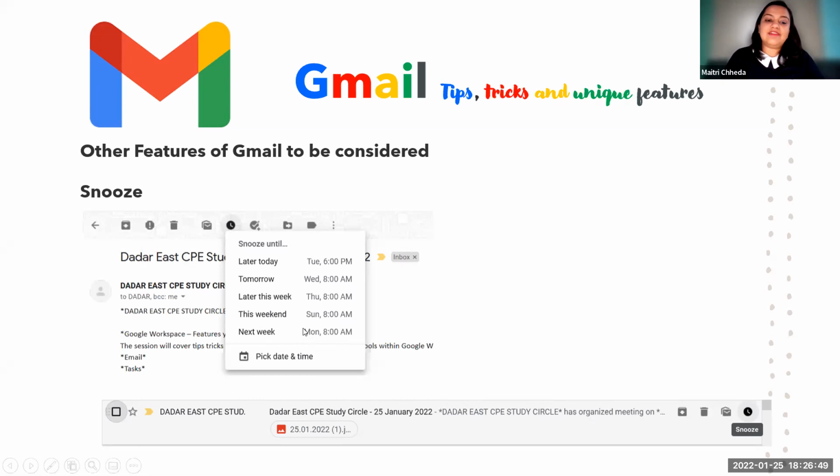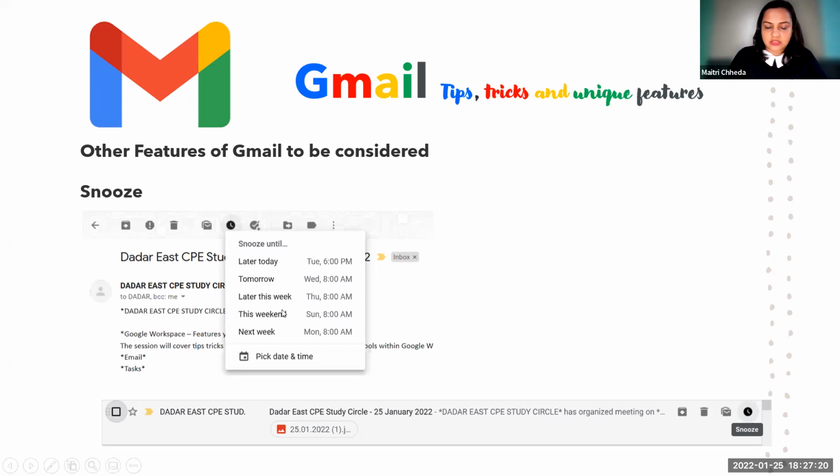Now just make sure that whenever you snooze until later and you want to see that email, you have to mark that email as unread first. Because if you read it, the email will appear, but you will never understand that the email has come back. If it's an unread mail, it will pop up to you better. Another way to snooze an email is to hover your mouse on the email at the end, and you will find the snooze button, and the same options will appear.